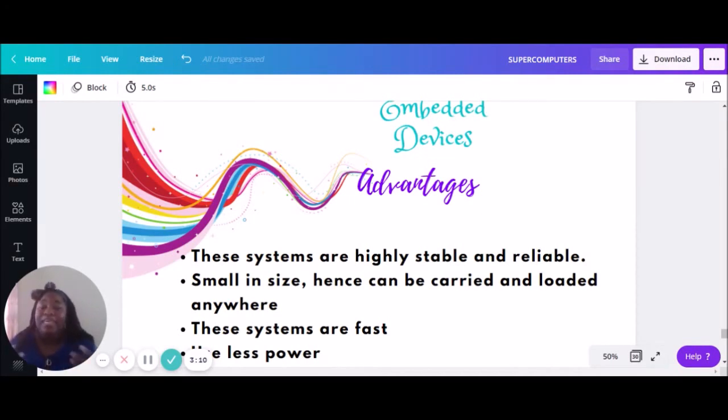Most of the times, it's the mechanical part of the system that went wrong, right? So they're very stable, very reliable devices. They're very small, and I'm going to show you one in a little bit, but they can be carried around easily and loaded into pretty much any type of mechanical hardware that it was created for, right?